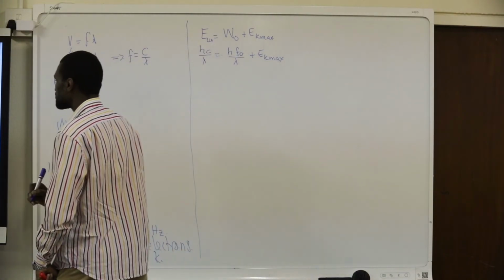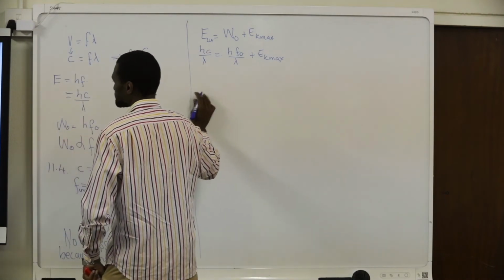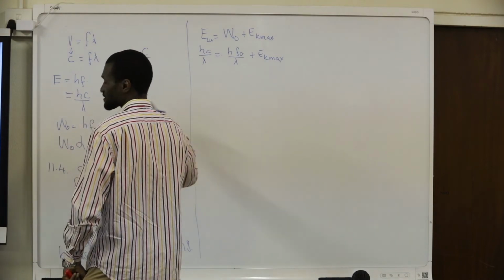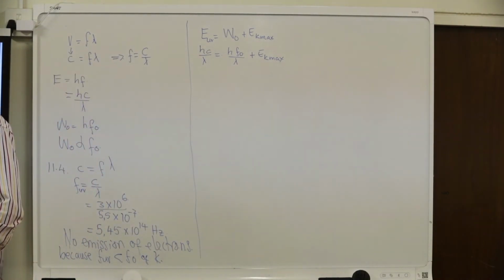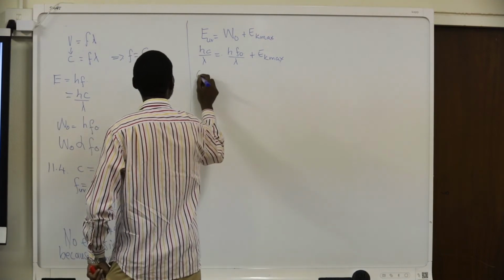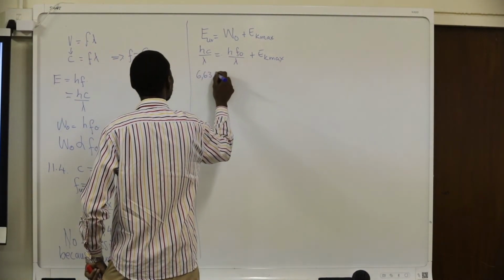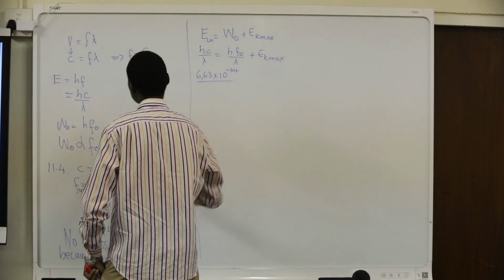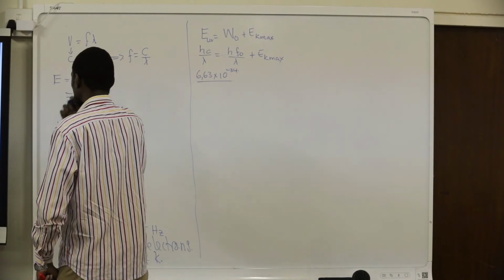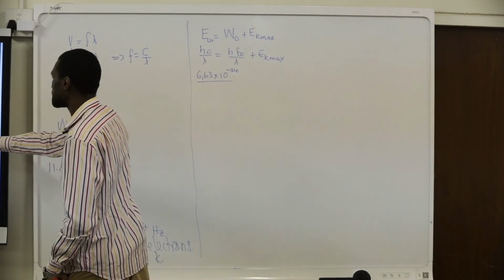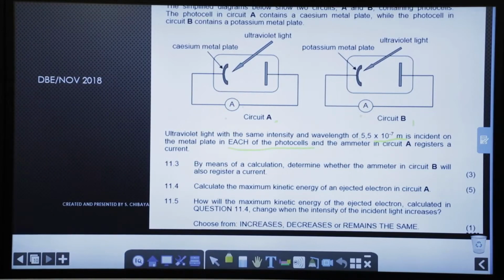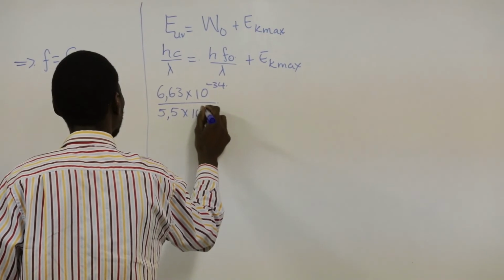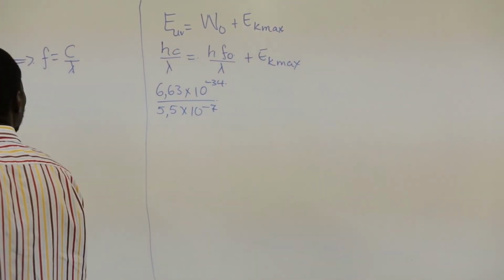Maybe you need to mention here that we use Planck's constant, which is equivalent to 6,63 times 10 to the power negative 34, divided by the value of lambda, which is the wavelength, 5,5 times 10 to the power negative 7, all right,